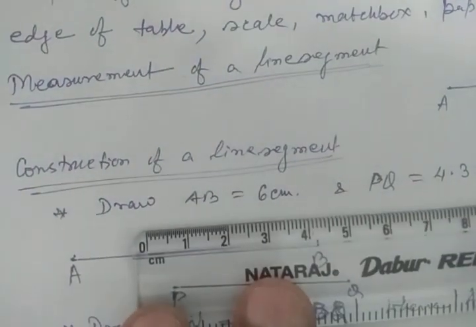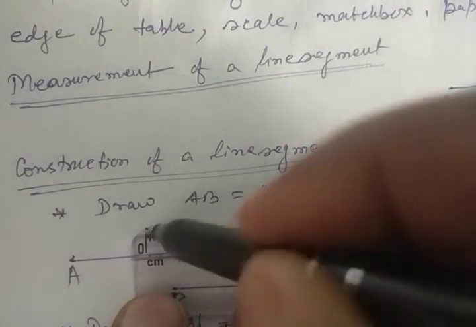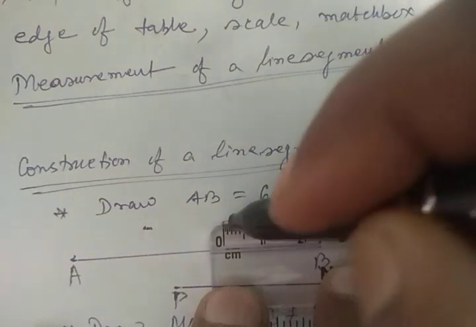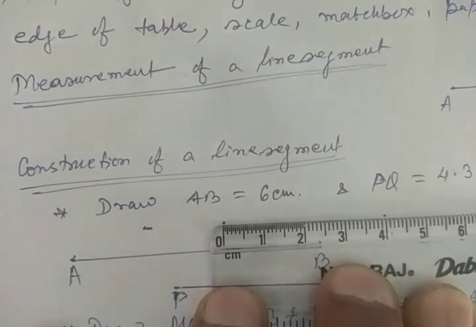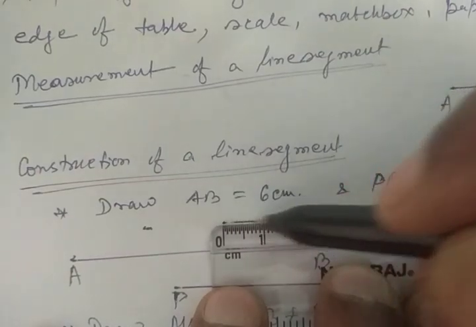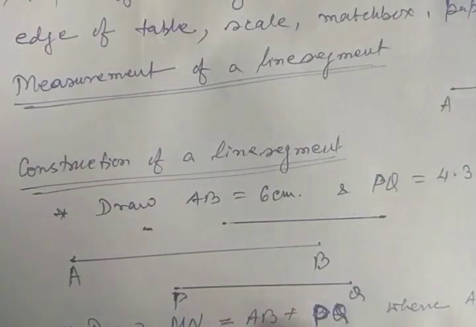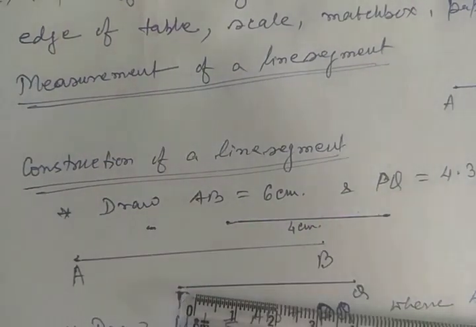Okay. Just see, I am drawing another line segment. How do you draw? Suppose once again for 6, I am taking a point here. I have taken a point at 0 and now at 4, and you can join them up to 4. So this is the line segment of how much? 4 centimeter. Is it clear?